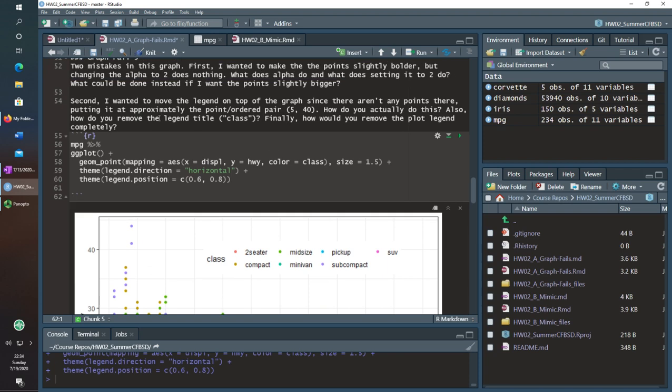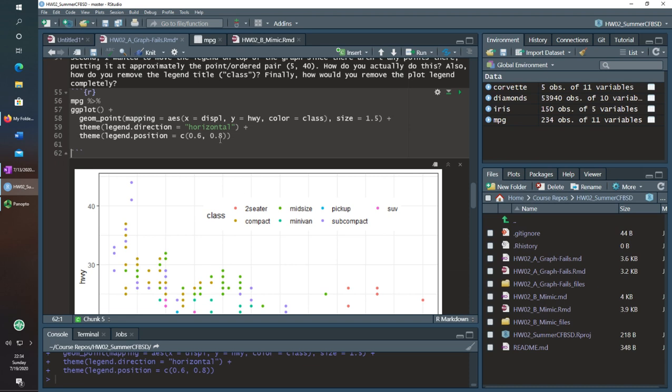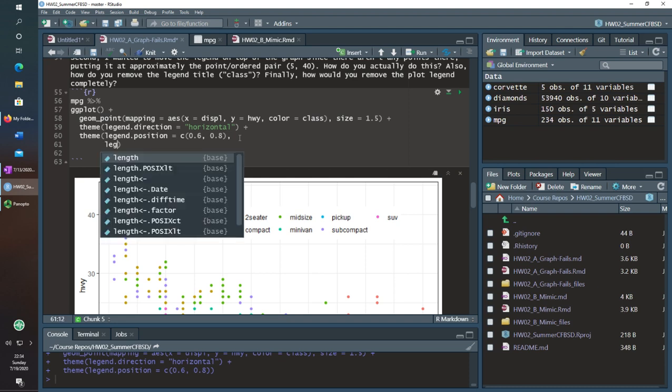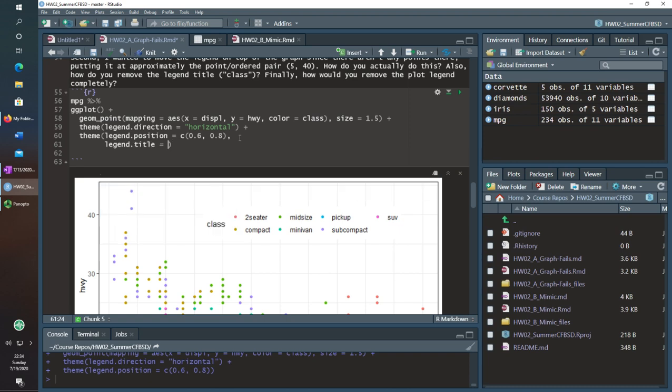If I wanted to remove the legend title, class, I could rename it or redo it. You can just say theme, and with theme you can also give more arguments, and you can always hit enter to do it, but it's going to be legend title equals, should be null.